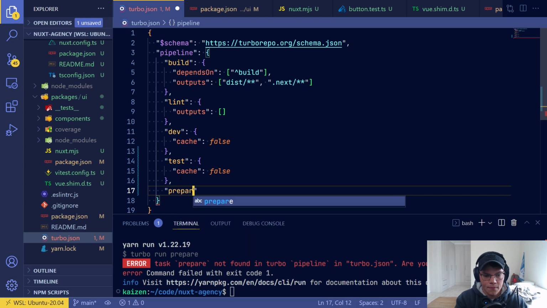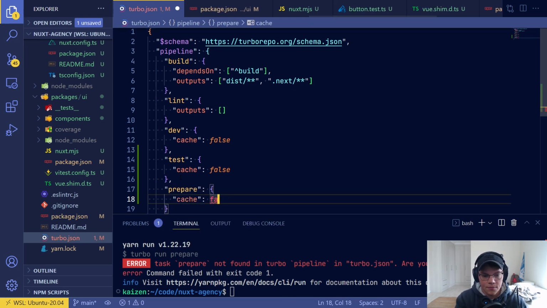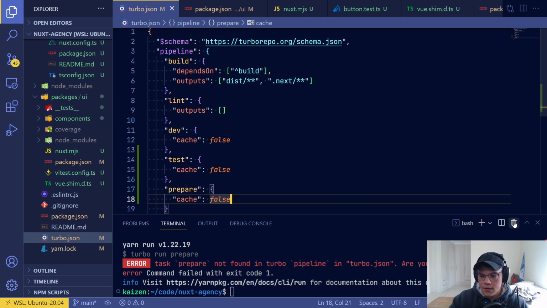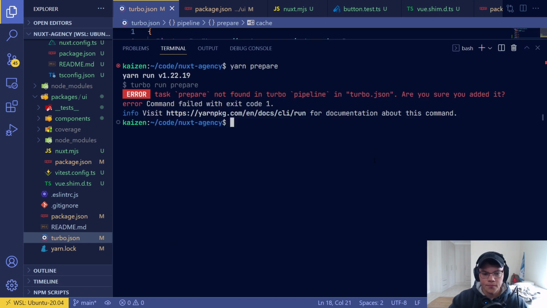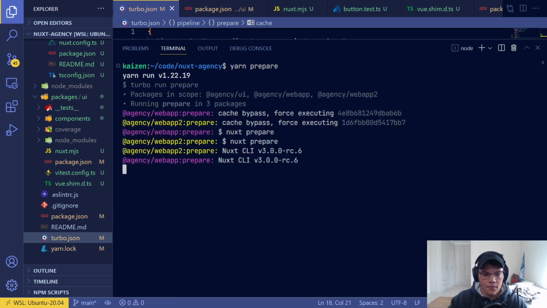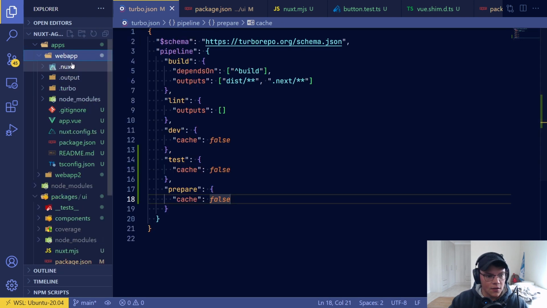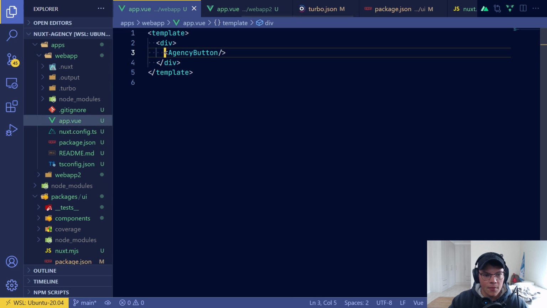Prepare, cache false, and hopefully now it's preparing the types for Nuxt. So you can see that it generated the types, and if we go to the web app now,